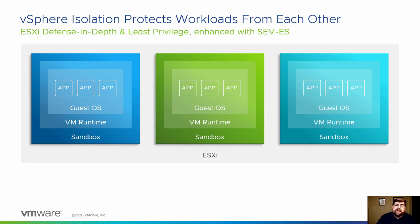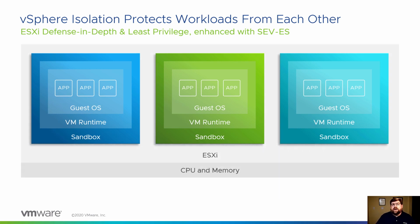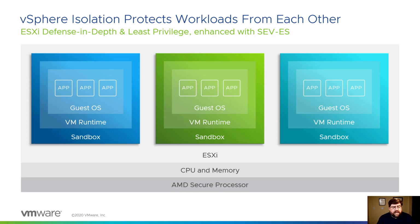These are all provided by ESXi, but we still are asked to trust CPU and memory, and that could be a problem. So what AMD has done, in their second generation EPYC CPUs, the Rome CPUs, we were on stage in the fall of 2019 saying that we were going to support it. Update 1 is when we support SEV-ES, what AMD has added to their CPUs in order to help us protect